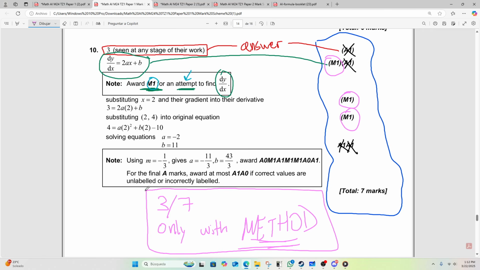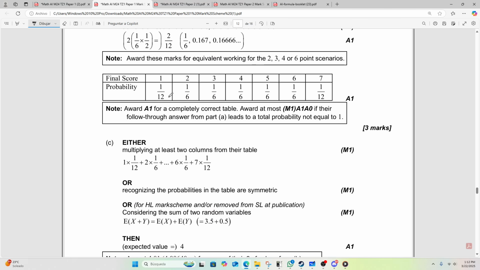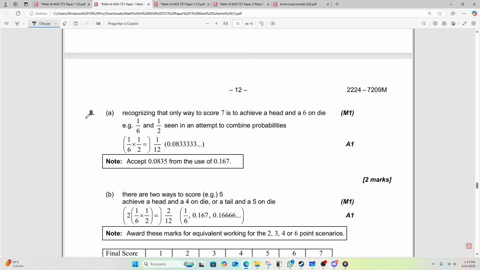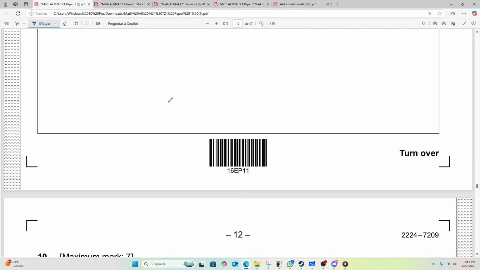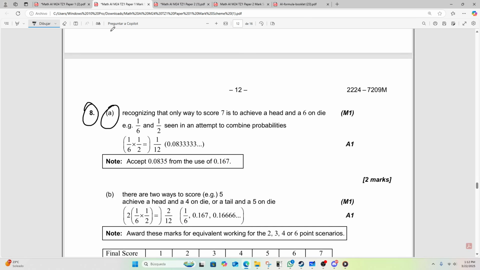And if you're using the correct method, you're probably gonna get the right answer. So on average, if you know the method perfectly, this probably gives you 5 out of 7 or 6 out of 7. And I can say this about almost any exercise, just randomly. Let's go to, whatever, number 8. Number 8A is worth 2 points. And just for having the right method, you get half of the points.